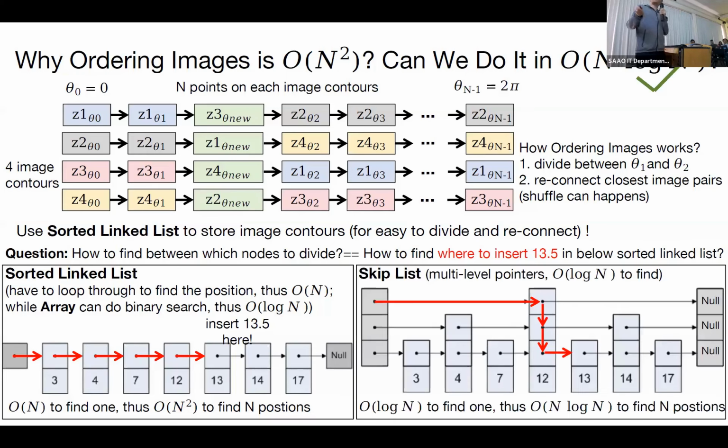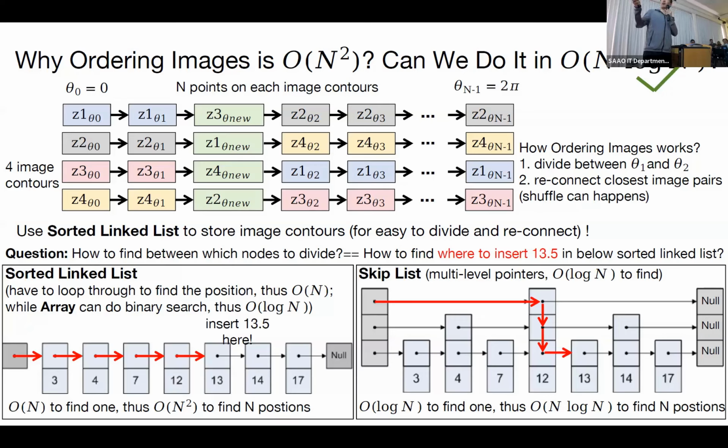But we have another data structure called a skip list. A skip list is very similar to a linked list, but it may have multiple levels of pointers. For example, this node 12 has 3 levels of pointers. The first level pointer points to the next node, and this one points to a node that skips 1 node, and this one skips 3 nodes. So if we want to insert 13.5 in this skip list, we first go from the header,